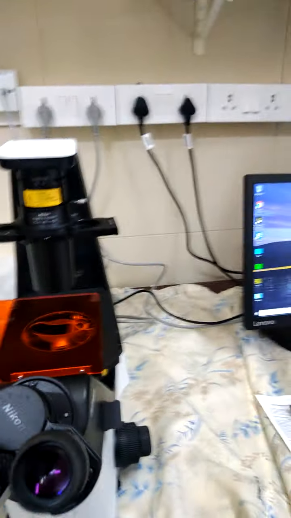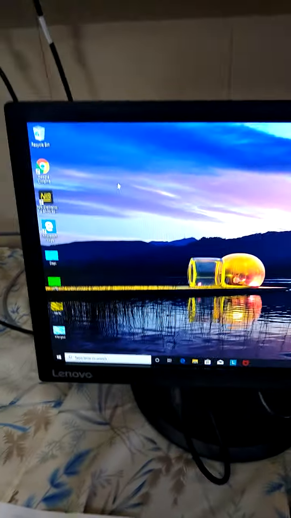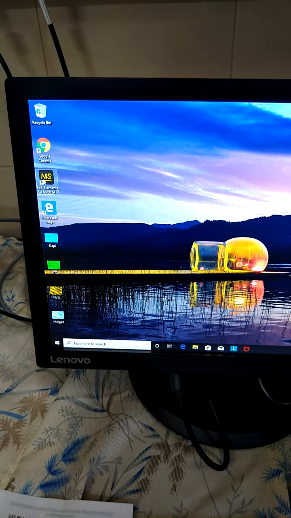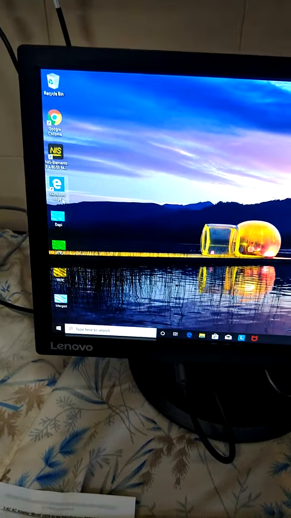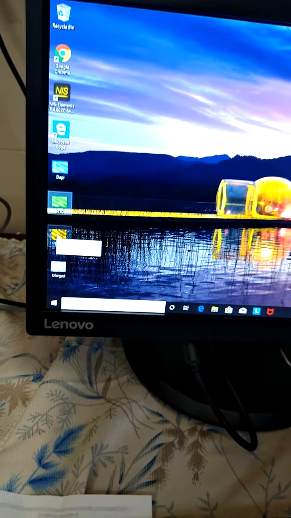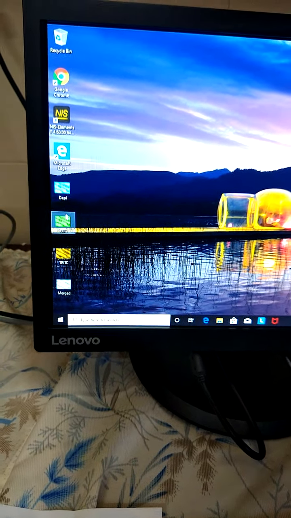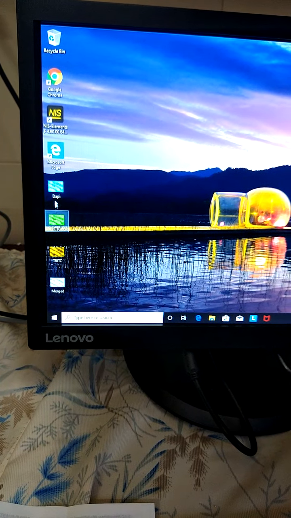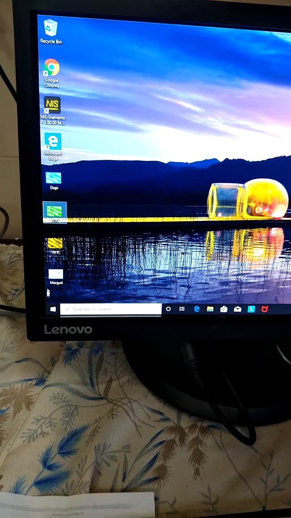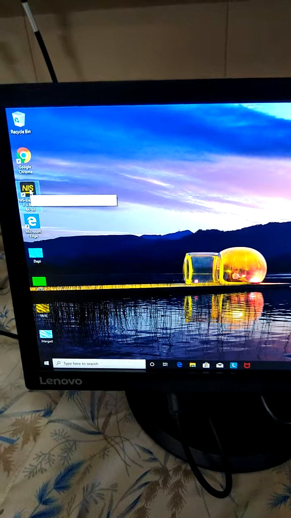And whenever you are using it, you need to capture the image. So for that, this is the tool. These are the captured images in DAPI, in FITC, and TRITC, and these three fluorescent filters are there. And when you merge them, you will see this kind of image, and you can do that using this particular tool. So I will just start the tool.